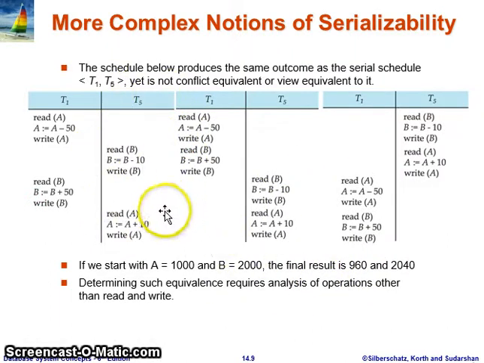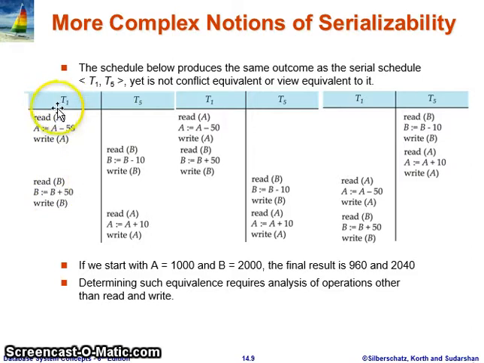As we can check here, this was the schedule in the previous example, and these are the two possible serial schedules: T1 executes all its operations, then T5, or T5 executes all its operations, then T1. Check the equivalency of this schedule. Let's first check the conflict serializability of this schedule. For conflict serializability, first we have to swap the operations of this schedule.